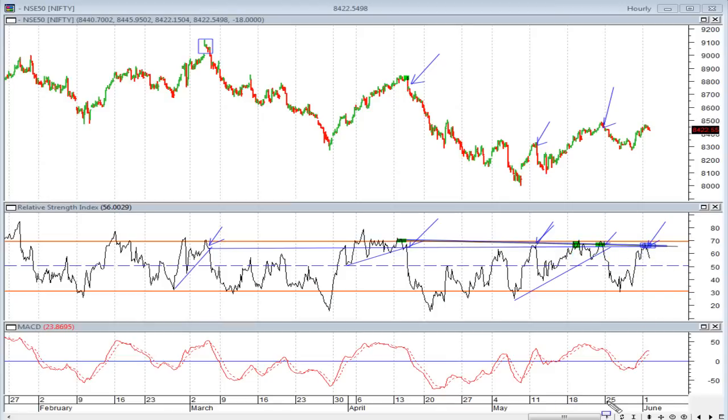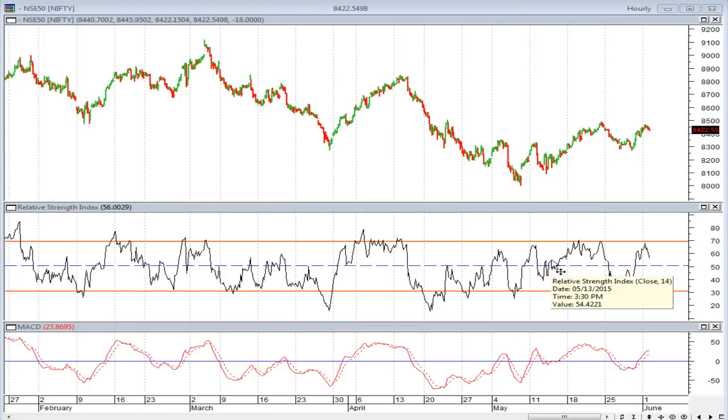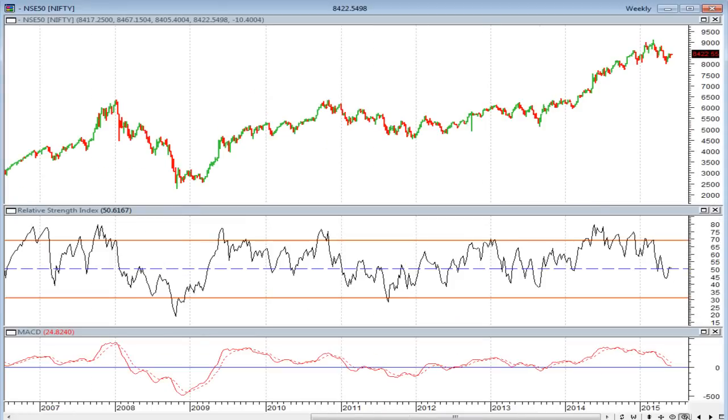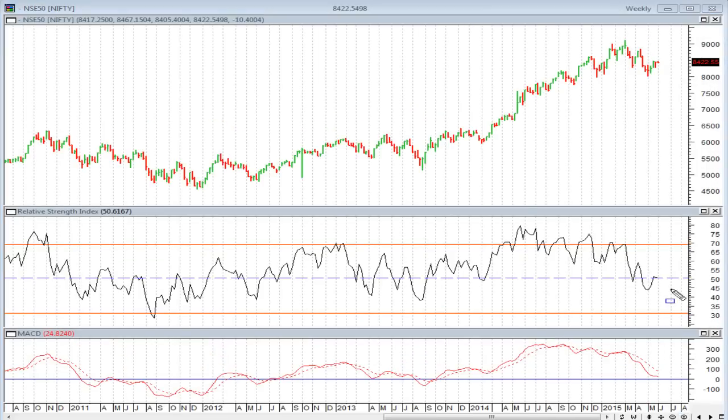So I think more than likely, given the weight of the daily and the weight of the hourly, it looks to me like the market is telegraphing that it is in slight pullback mode. The key to how much lower it could go for the week is really dependent on how it trades on the weekly RSI. If the RSI stays above 50, that's okay. If the price moves above